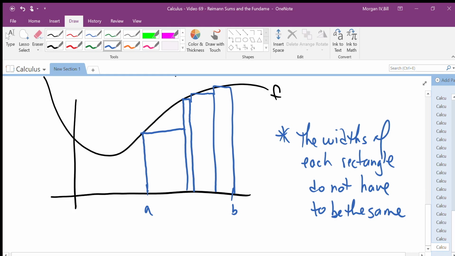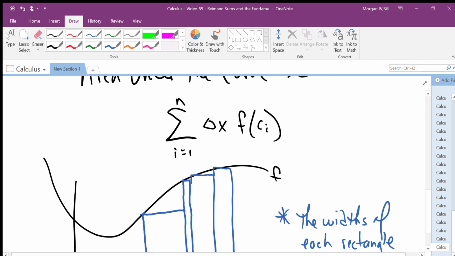The more general form is, as long as you have 4 rectangles, it doesn't really matter how wide each one of them is. Again, with the thought in the back of your mind that we're going to have infinitely many rectangles, we're going to approach infinitely many rectangles, the fact that one is wider than the other really shouldn't matter because we're going to have infinitely many of them. Okay, so what that means is I can't just have delta x anymore,